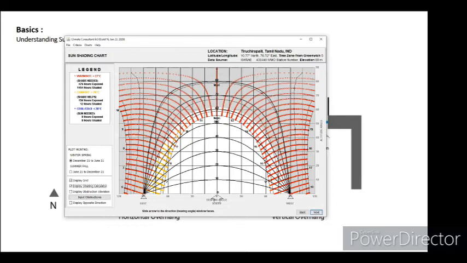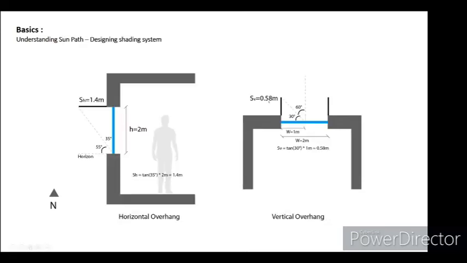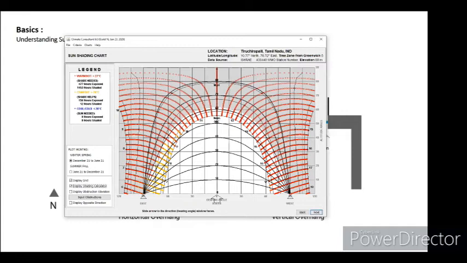Maybe once you have an idea that this may not be 60, maybe you can achieve the same effect with 50 centimeters and things like that. Then you enter more complex calculations. But just to get an idea, use these tools to understand what kind of angle or what should be the length of the shading system.